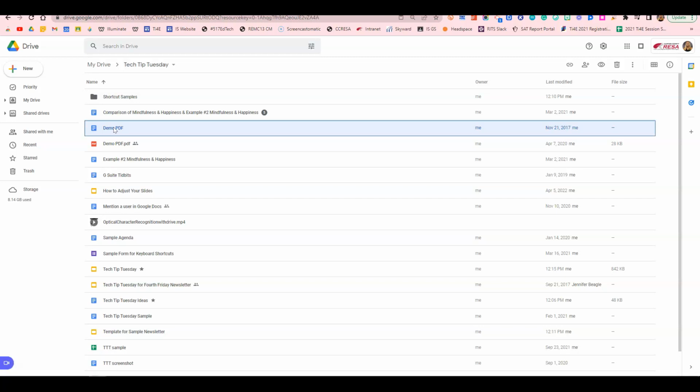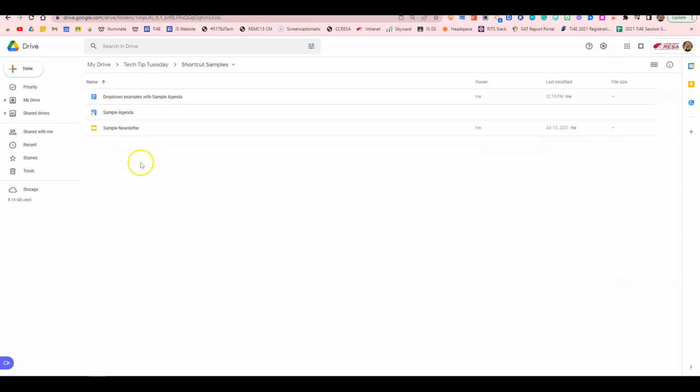Then you go to whatever folder or different location within your drive you want this shortcut to live. So I'm going to go back to my shortcut samples. Then I'm going to use the shortcut Control-Shift-V, and now the demo PDF document has its shortcut. Be very careful when you're pasting to use that Shift key,